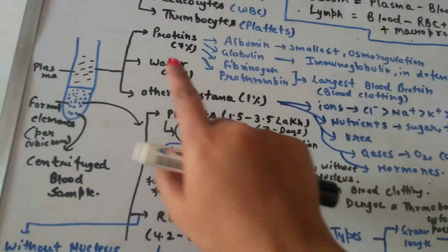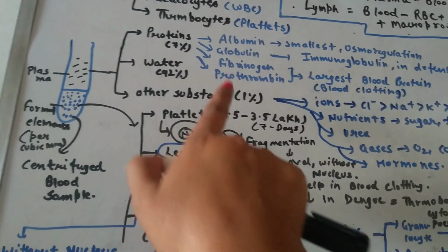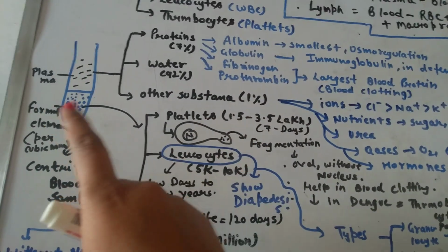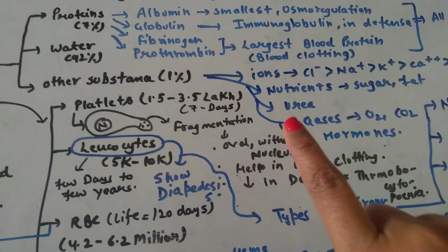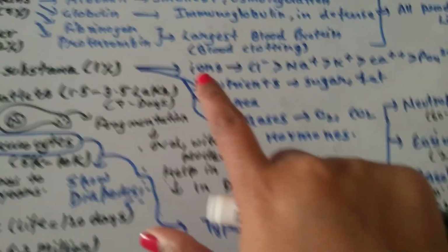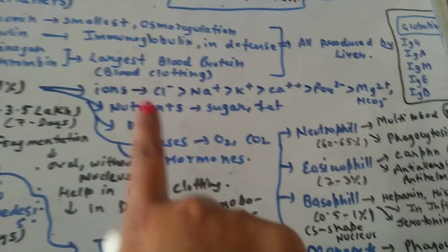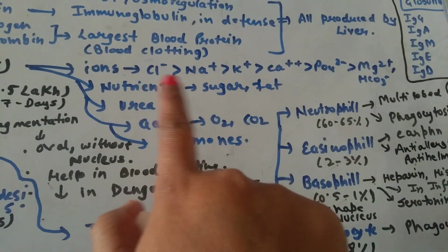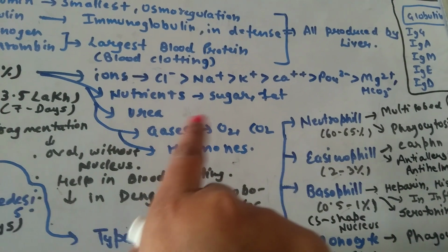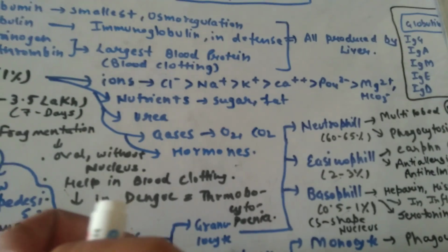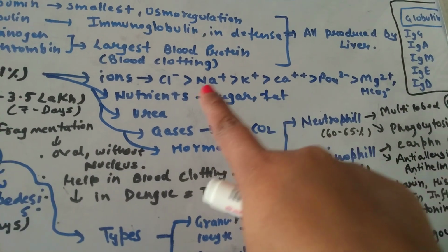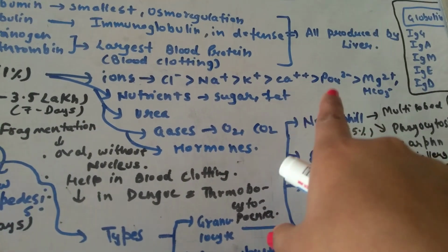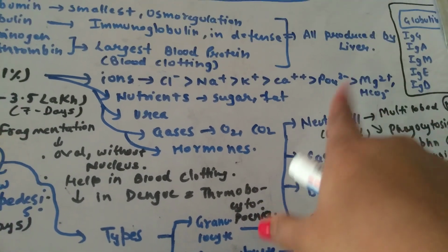Plasma consists of three components: protein, water, and other substances. Water forms the largest portion of plasma, that is 92%. Other substances consist of some ions, nutrients, urea, gases, and hormones. Ions are arranged in decreasing order. Chloride ions are present in the highest amount in plasma. Then sodium ions, potassium ions, calcium ions, phosphate ions, magnesium ions, and bicarbonate ions are also